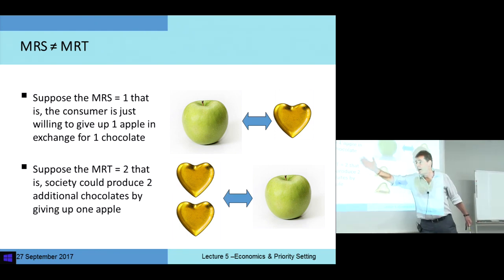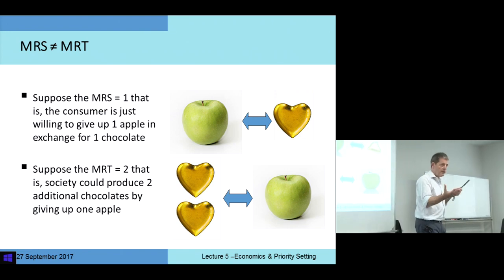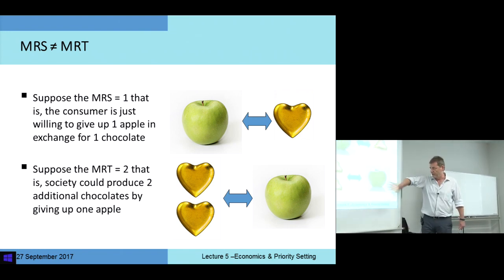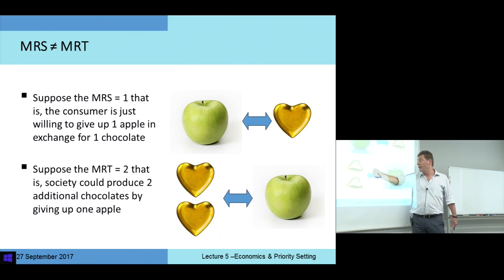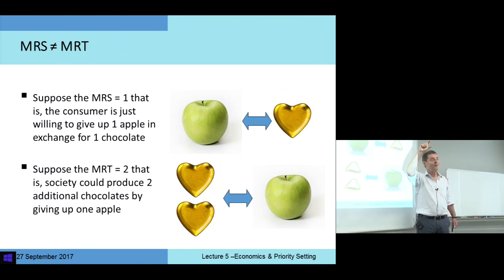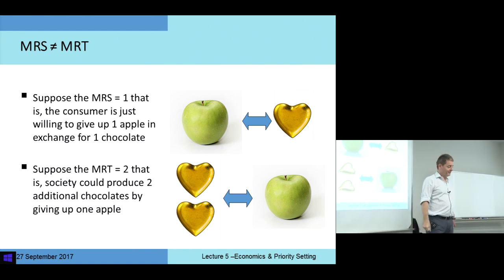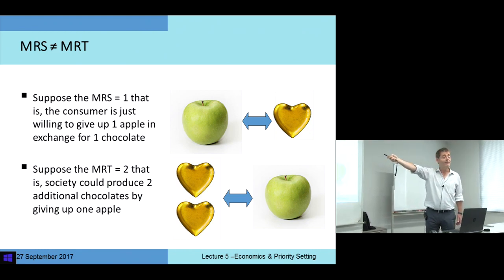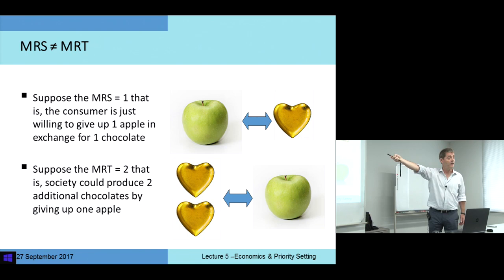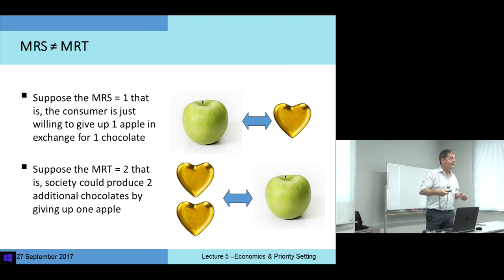But according to this, my economy is such, the technology, the inputs available, knowledge, etc., is such that the resources freed in producing apples allow me, for each less apple I produce, to produce 2 chocolates. But I only have to compensate the person with 1 chocolate. So, just the opposite of our dead weight loss, we've got an additional chocolate as if from nowhere. And that, in more technical terms, is simply because the marginal rate of substitution is not equal to the marginal rate of transformation. There's the opportunity to do better.